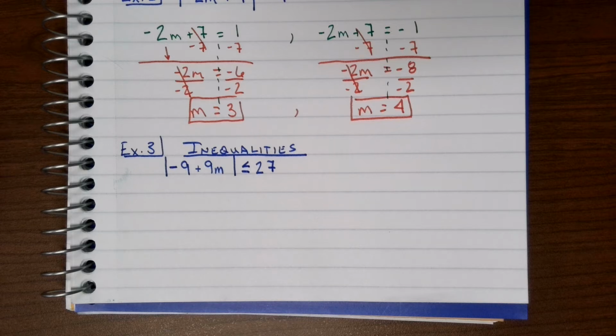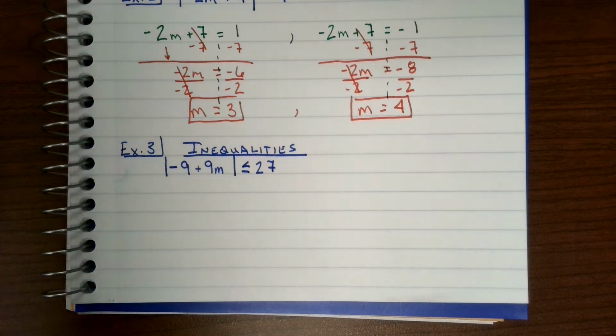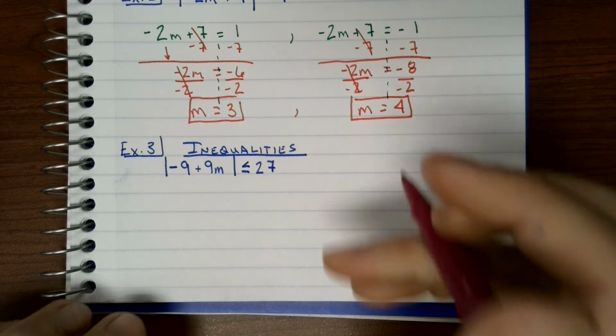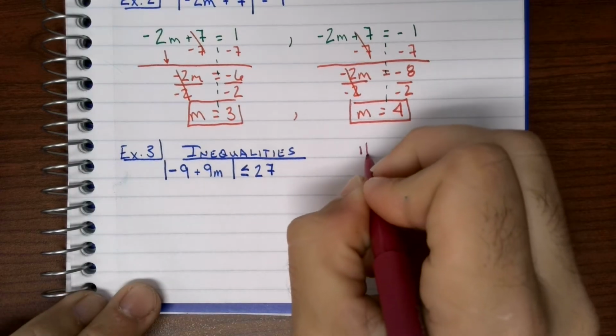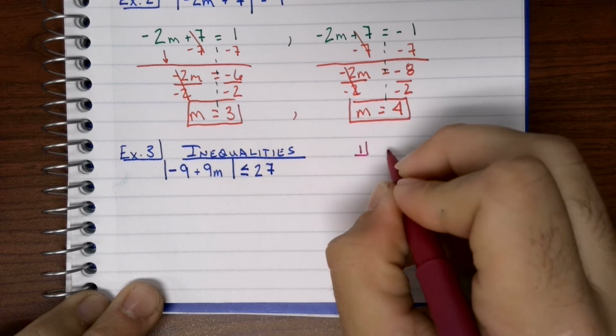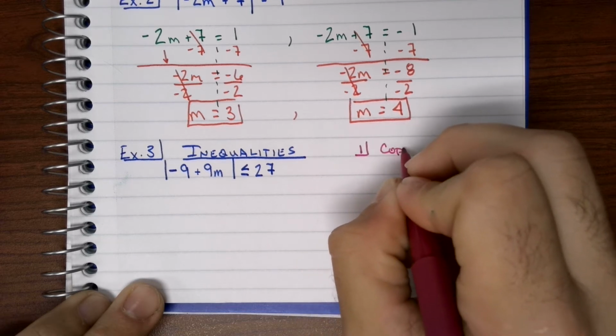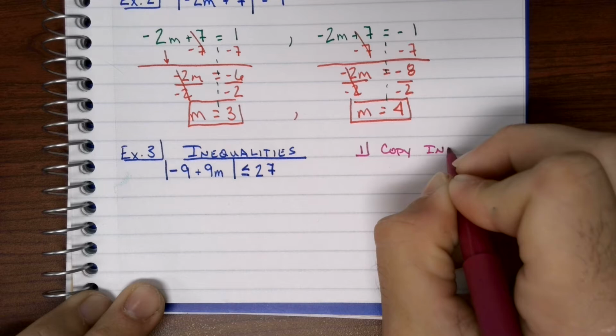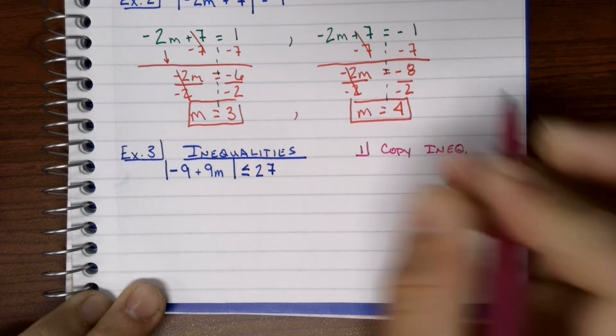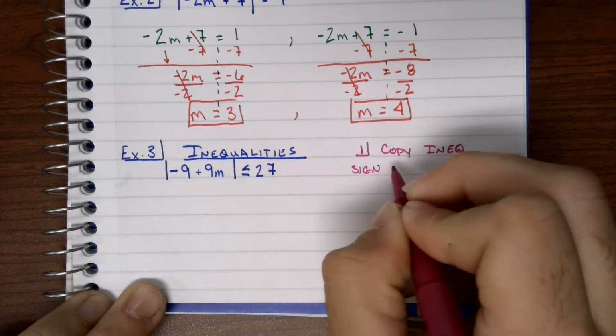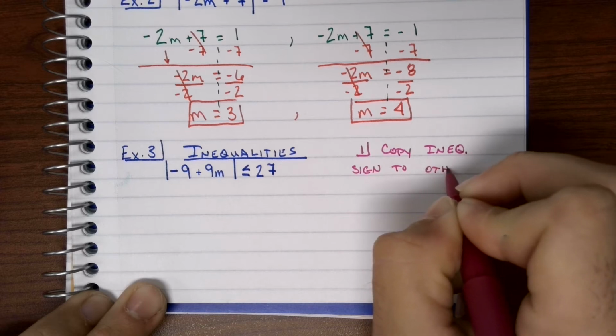You had two solutions on each side, and your inequality in the middle, and two inequality signs. So here, the first thing we're going to do is copy the inequality sign to the other side